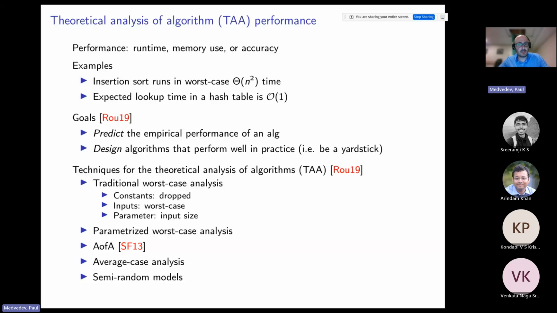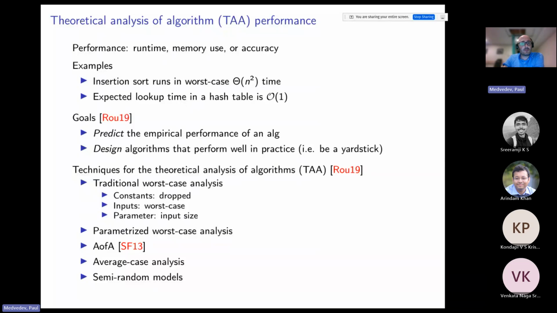So insertion sort, in this case, it's a worst case analysis. So it could be that on some inputs, the runtime is very different. Now, the prediction is that if you double the input size, the running time quadruples. And we find in practice this is often the case, but for some data sets this is not going to be the case. Right, so that's one of the goals, to predict the empirical performance.